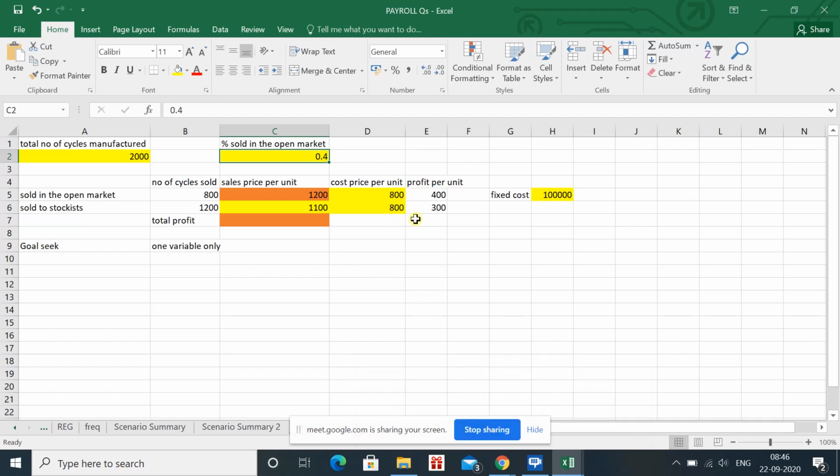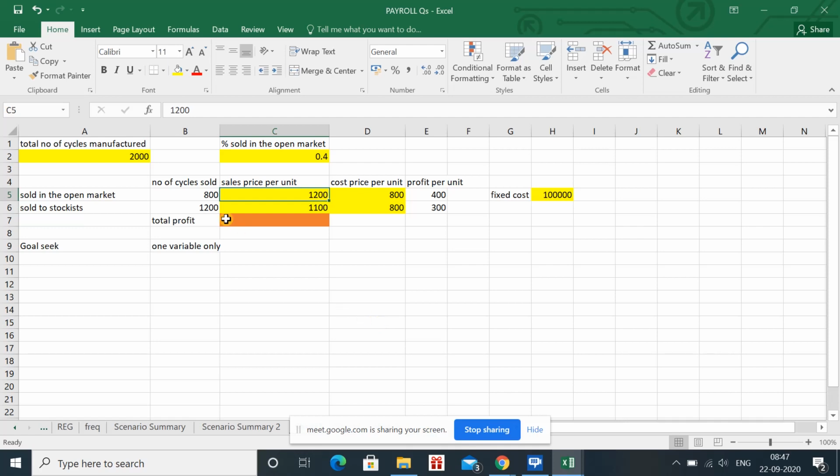So with the help of cost price and selling price, we can calculate the profits. Fixed cost is also given. So the portion which I have highlighted with the yellow color is the given values. So with the help of given value, we can calculate the profit per unit and number of units sold. So in this question, they have given you some information, and I have highlighted that information